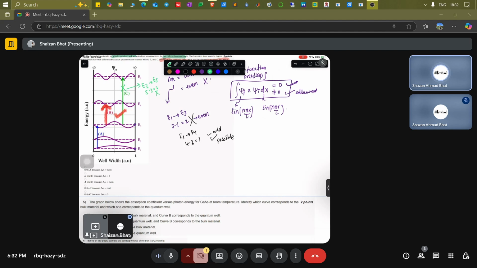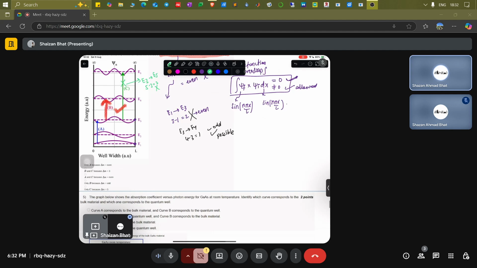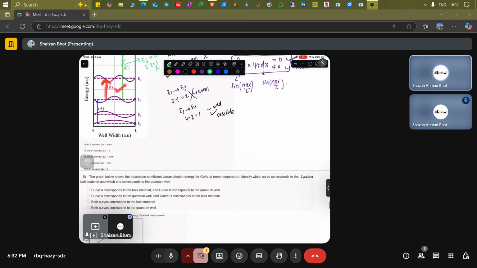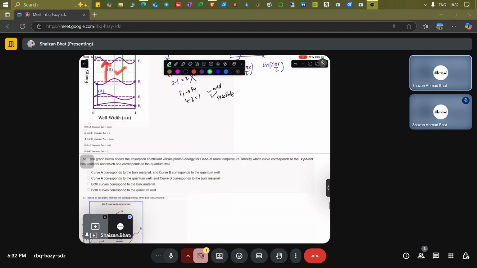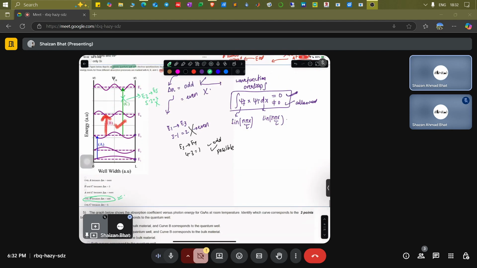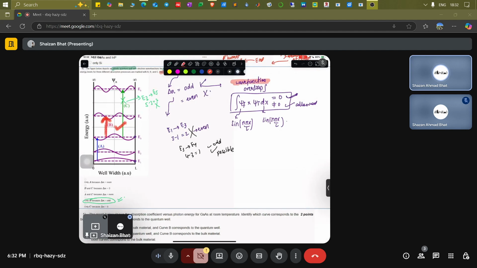And if you want to understand why physically this is happening, there is a deeper physical explanation for it. If you are interested, you can just ask me next time and we can go into the physical explanation of it. This is just what I'm showing you mathematically as per the selection rules. So which transition was possible? E3 to E4. Only the transition where delta n is odd is possible. So that is the answer to this question, which comes directly from solving the wave function overlap integral.